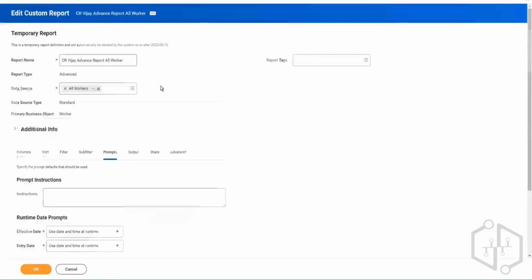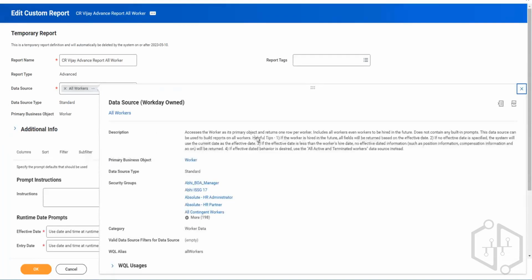So there are various ways in which a report can support prompts. One of the ways is from the data source itself, which is the first option from your reporting, where your prompts can be. They are not in your control, because they are prompts from the data source itself. So if the data source has any prompts, you will be able to see it in the description itself. If you read the description and go down the rows,